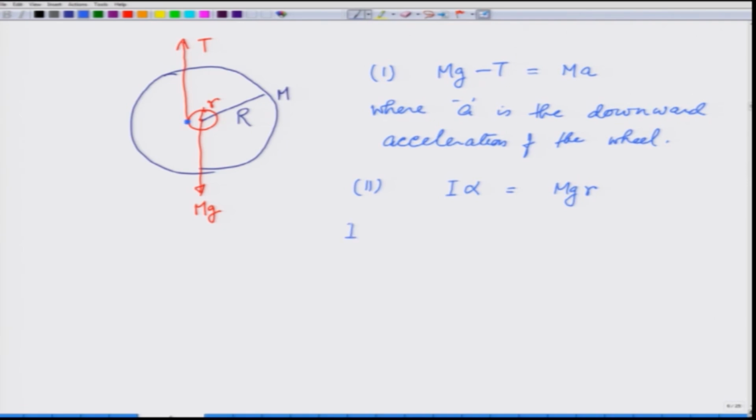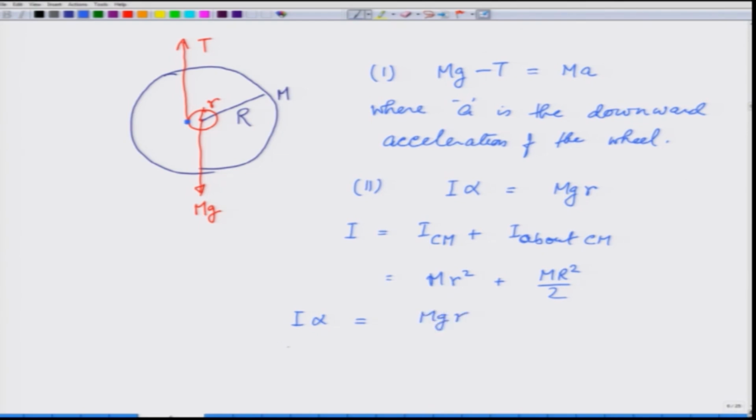Moment of inertia I, if you recall from previous lectures, is moment of inertia of the CM plus moment of inertia about CM. So, about the CM, moment of inertia is nothing but mR squared by 2, assuming all this wheel is uniform, and that of the CM is going to be mr squared, and therefore I am going to have I alpha is equal to